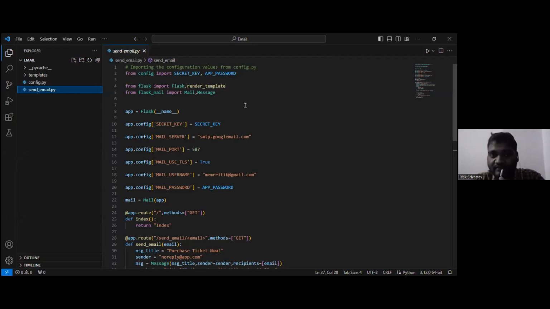The secret key is my email password, and the app password is the one I created to send email via the Python code, because the Gmail password alone will not work to send email via Python code; the Gmail password is only applicable to the Gmail application. So first I have created this config.py, in which I have the secret key and my app password. Then I am running this Flask application on my local